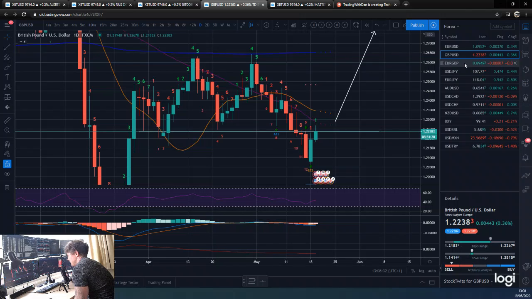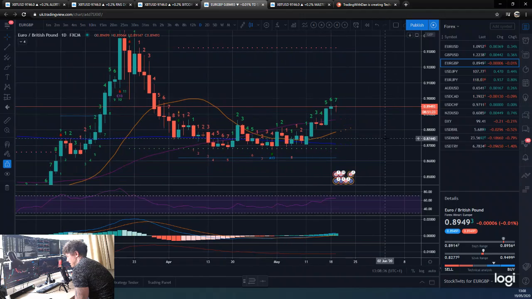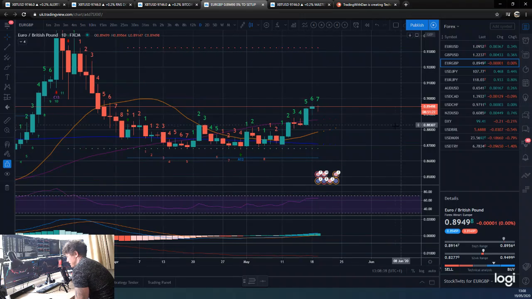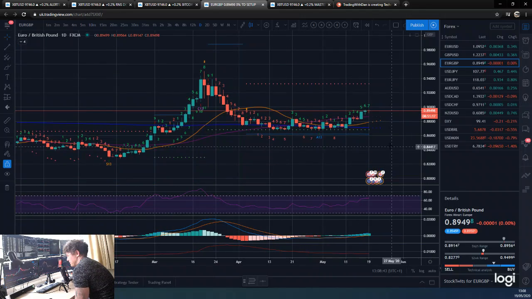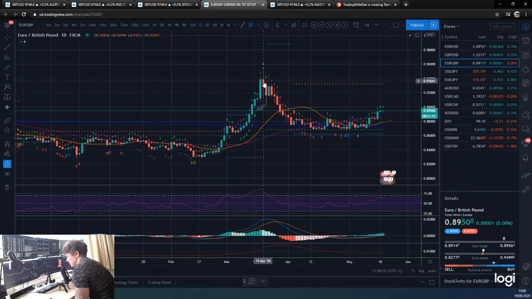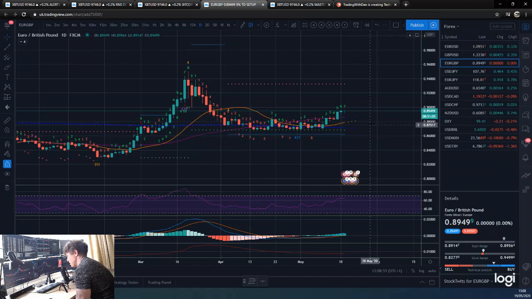Let's have a look at the euro pound. Yeah, euro pound. What are we on, a daily here? Euro pound daily. In a couple of days we're going to end up with a 9 here. You can see we reacted quite well, nearly off that one. That did stop us in our tracks, and that sort of stopped a lot of the downtrend. So it is respecting these quite well. So maybe we're going to get this couple of daily 9 and we're going to get moved down in this, which would coincidentally